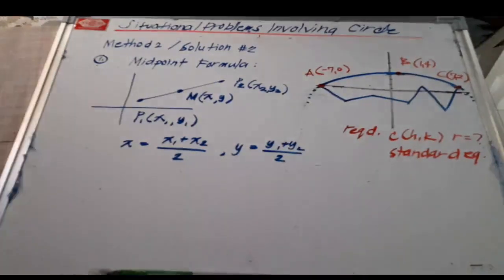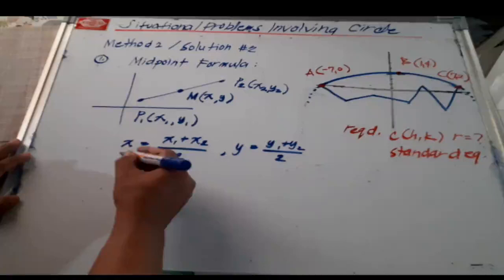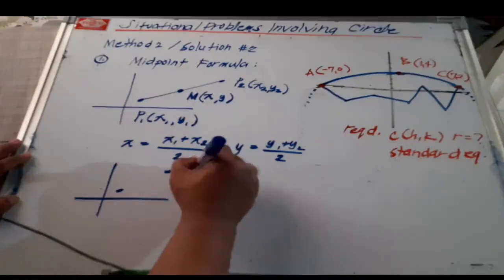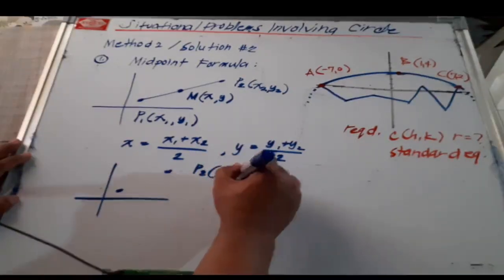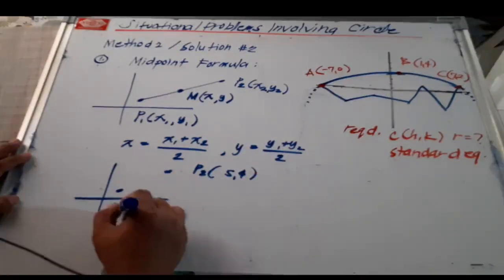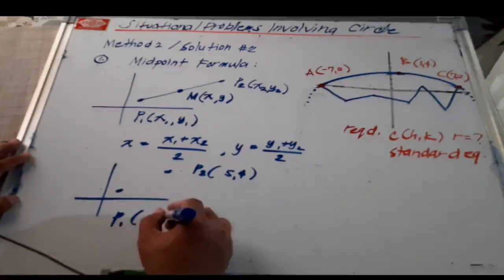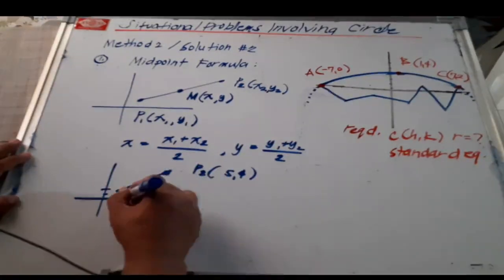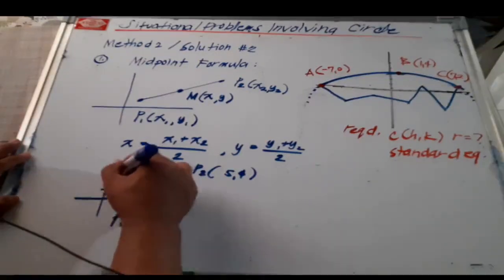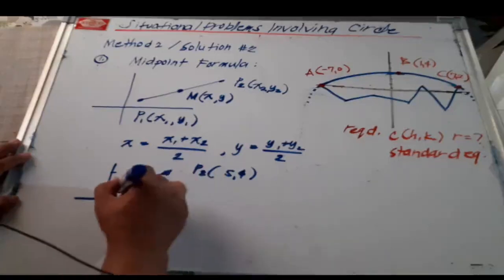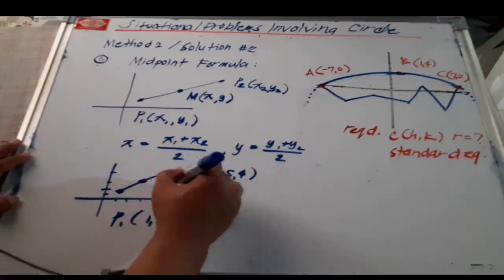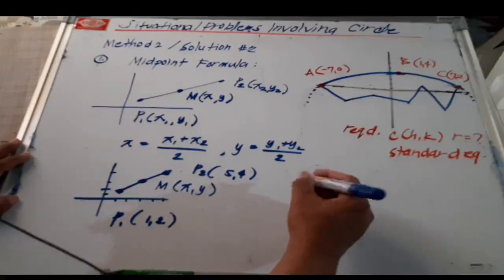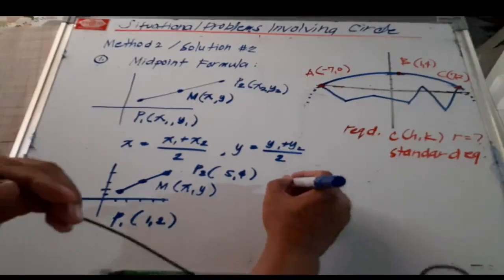Okay. Halimbawa, meron tayong segment. Let's say this is point P2, (5, 4). Then this is point P1, (1, 2). Kukunin natin yung midpoint. This is 1, 2. This is 3, 4, 5, 4. Yan. Kukunin natin yung midpoint. This is point M. So, para makuha natin yung location ng midpoint, we apply the formula. We have M,